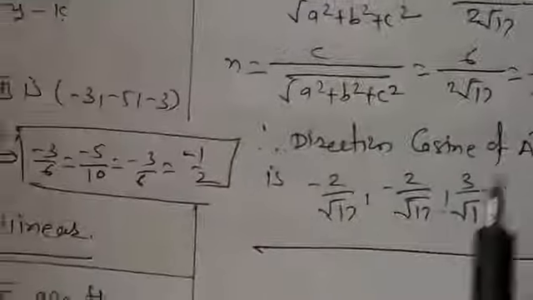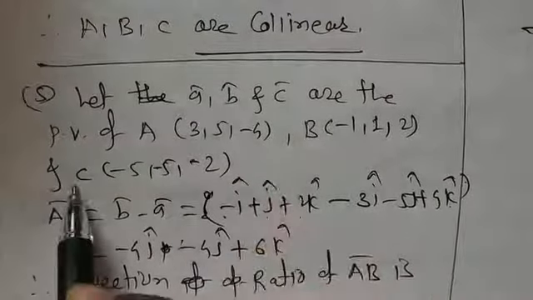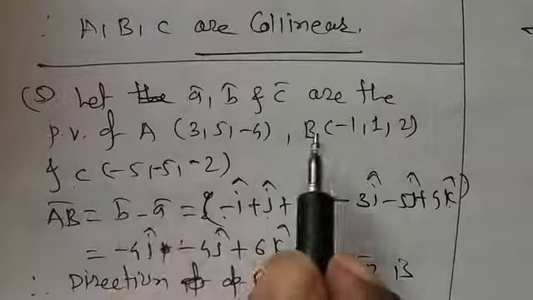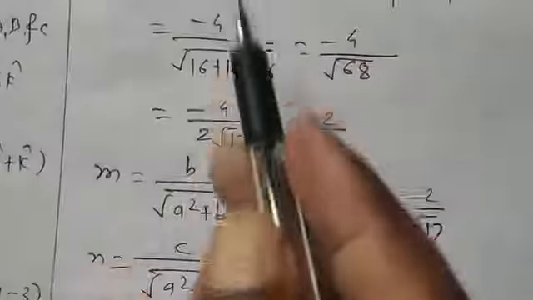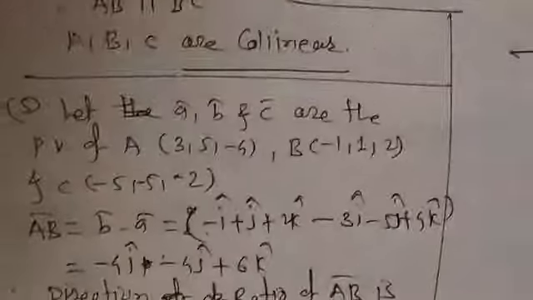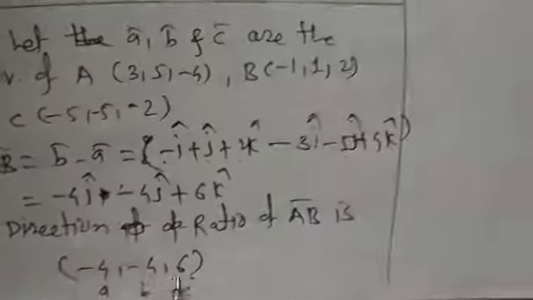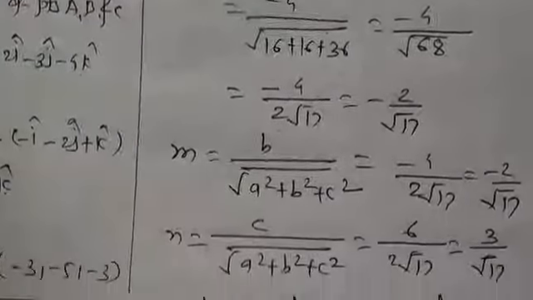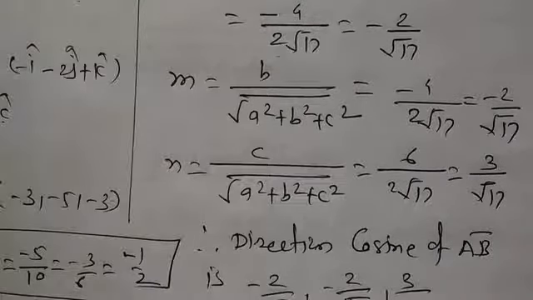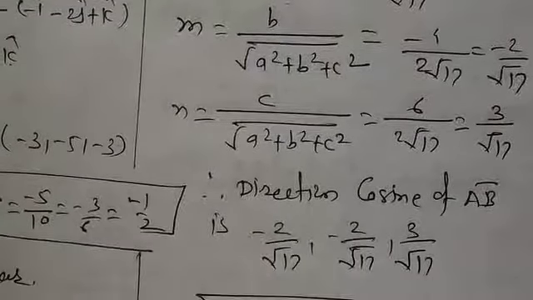Now we wanted to find AB bar. Same as BC bar, so subtract C bar minus B bar. So you get the direction ratio again and find out the direction cosines. Same as AC bar also, that is C bar minus A bar. Again you have to find the direction ratio. Again compare it, put in the formula for l, m, n and you get the direction cosines of the third also. I have done the first, and you can do the second and third, that is BC bar and AC bar.